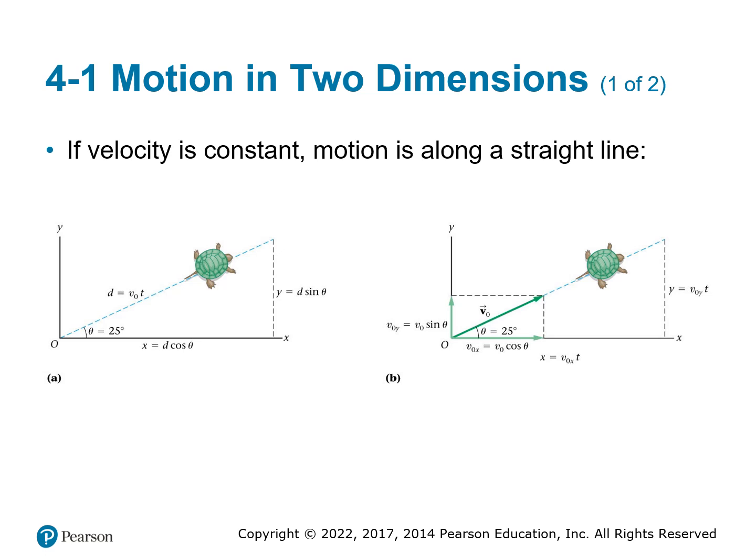So if the velocity of your object remains constant, then your motion is along a straight line. Right? So if we look at the turtle, he's going in a straight line, at an angle. We can figure out his x and y components using trig. We can do that for both position, like in figure A, where we can find the x and the y, and then in picture B, we can find the horizontal and vertical velocities.